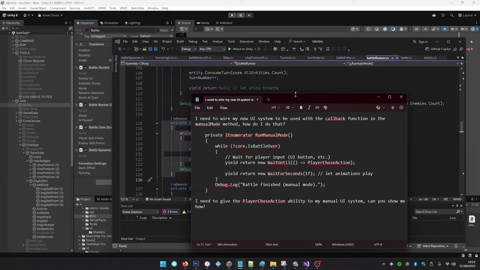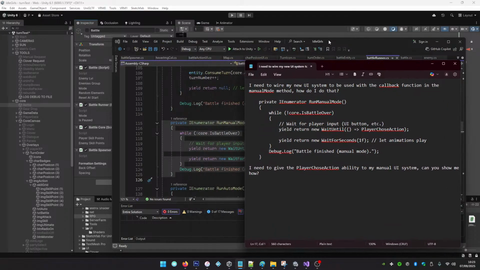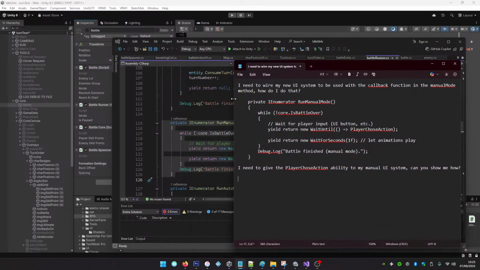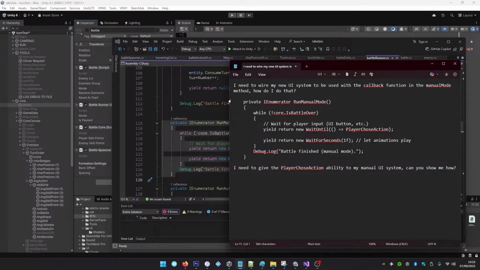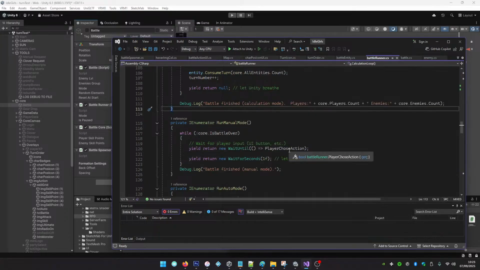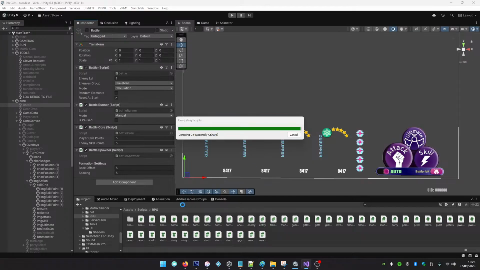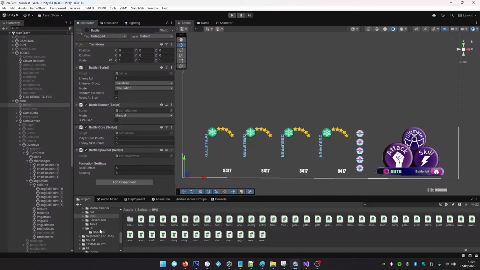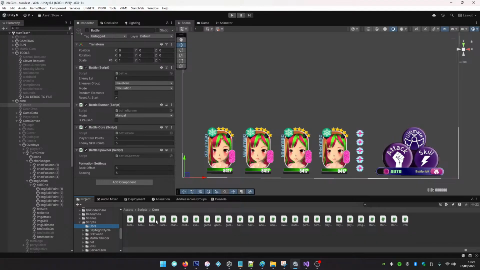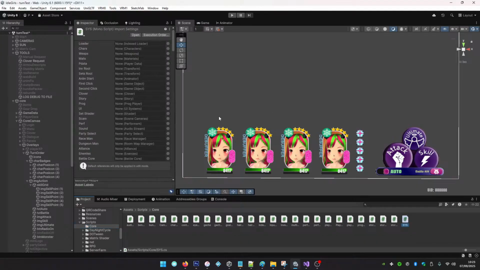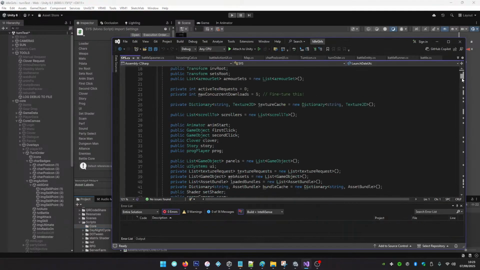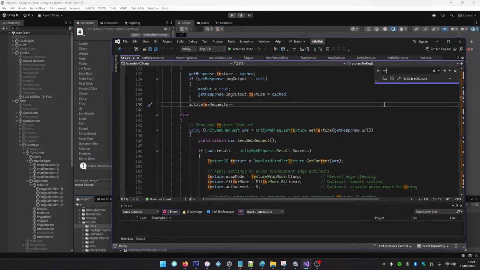Alright, this is new for me. We're learning. I've used callback functions before, but normally what you would do is you would set up an invoker. Like my texture system has this, right? If we go into my texture, it's not something I've used very much, I gotta be honest. But if we go to my texture request system, my texture request has the ability to